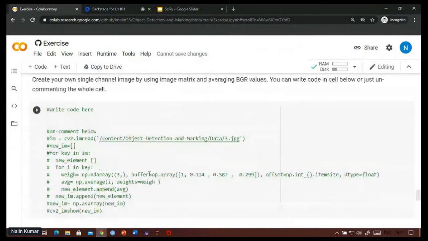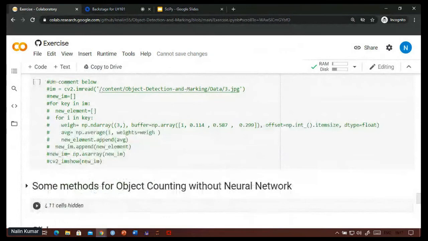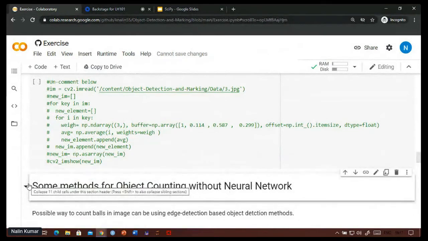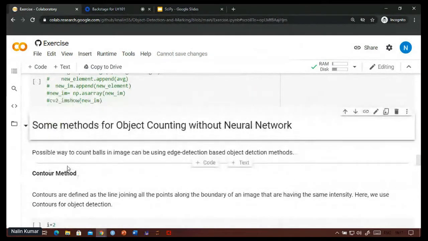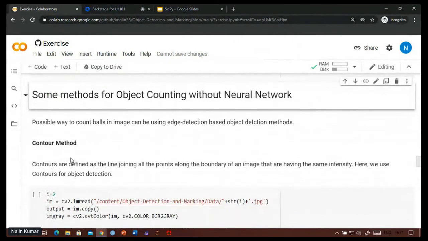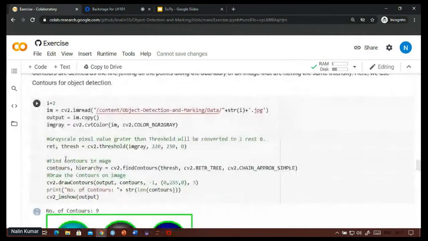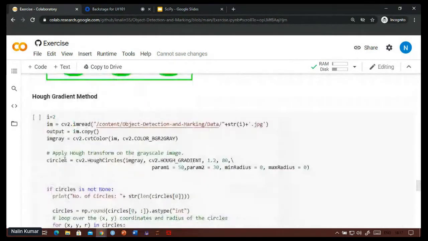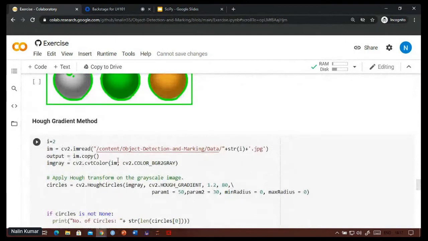So let's get on with how to count without neural networks. Without neural networks, there are two methods which we will be discussing. First one is the contour method. The second one is the hue gradient method.